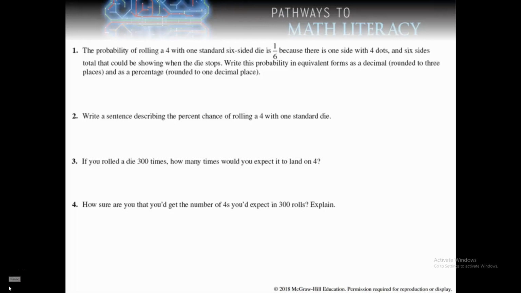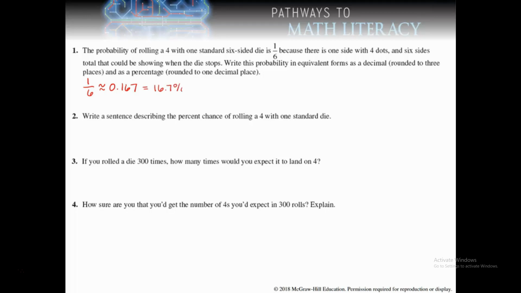In one, they tell you that the probability of rolling a 4 on a standard 6-sided die is 1 out of 6 because there are 6 possibilities and 4 is one of them. We're supposed to write that probability as a decimal and a percentage. So you need to take 1 divided by 6, and rounding that to 3 decimal places, that comes out to 0.167. Now to convert that to a percentage, we'll move the decimal 2 places to the right, and so that is